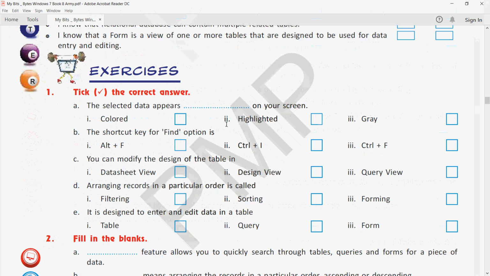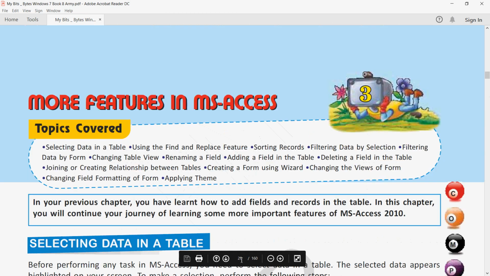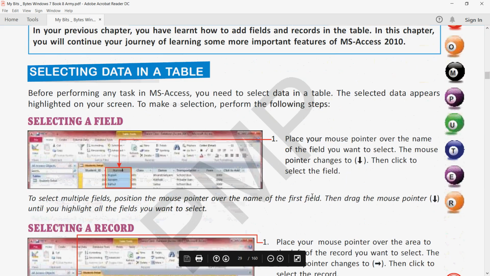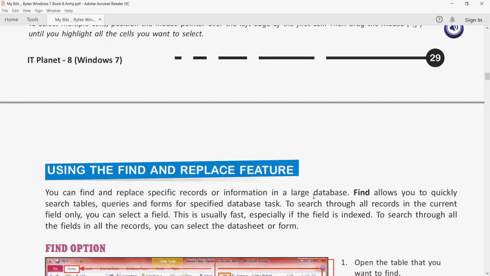So if we come to the book, let us come to the starting of the chapter. If I come to page number 28 or 29 maybe, this is the start of the third chapter. The question is about the find feature.